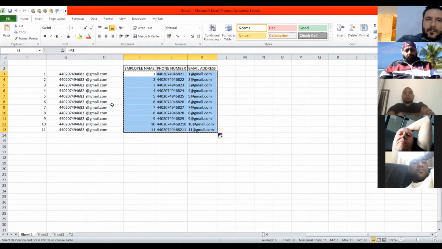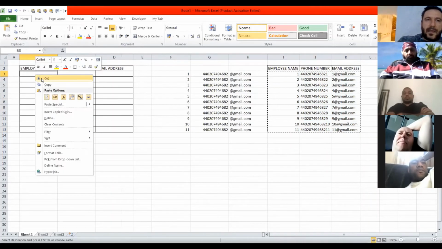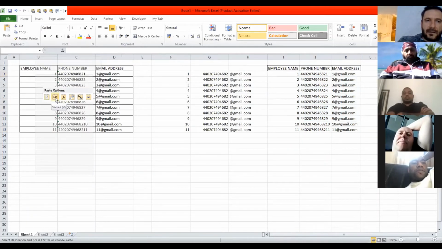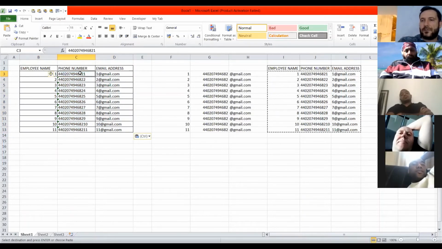After, you can go back there, put the cursor on the first cell on the left, and do paste as value. When you select this one, for values, you just want this one, 1, 2, 3. I do it like this because it eliminates the formulas, because we don't need formulas. You just need the information.